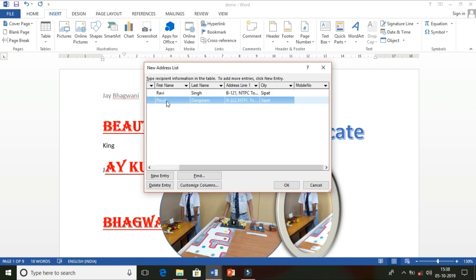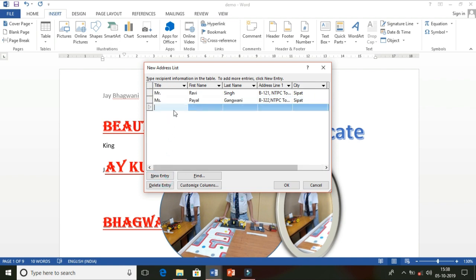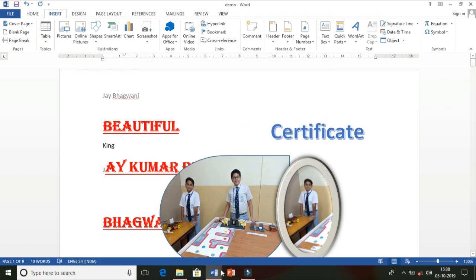So you can insert as many as you like. Just click on New Entry. Let me take this last one, Mr. Rogers. So the same letter I can create for these three.